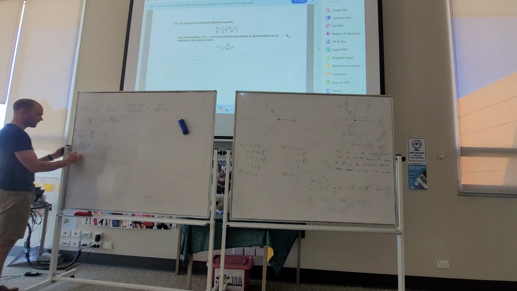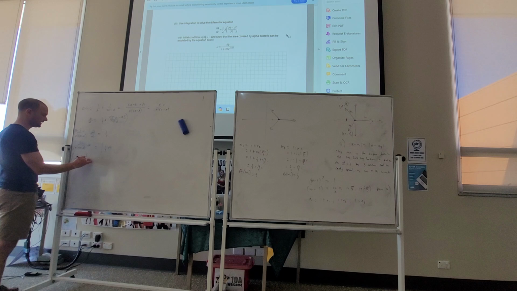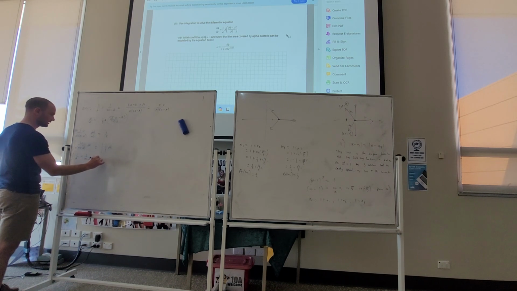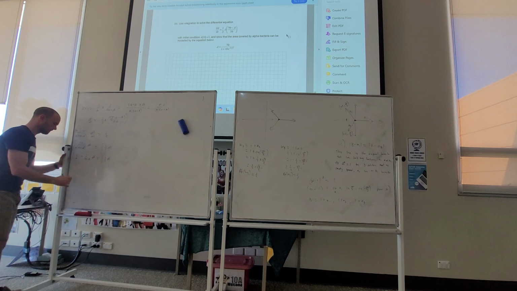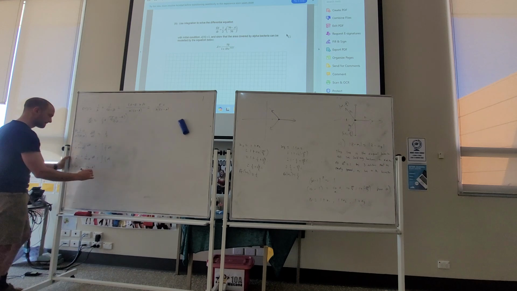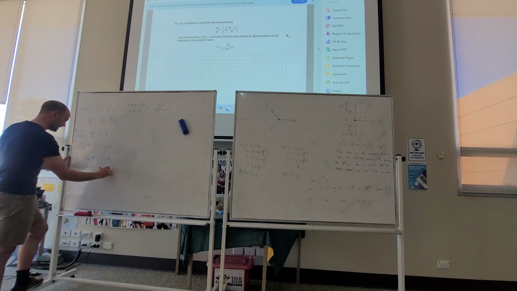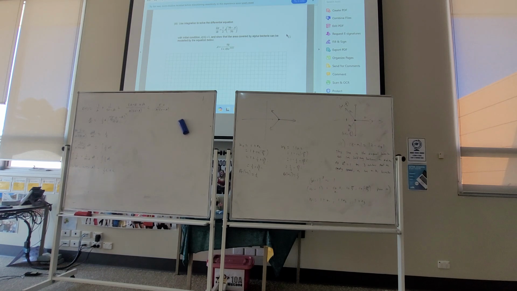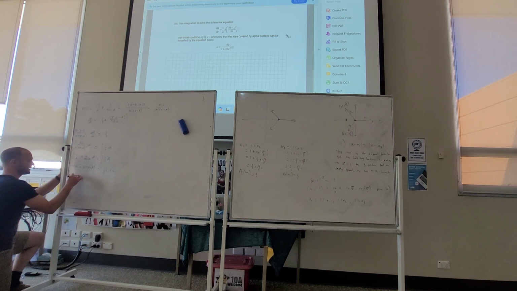Performing the substitution, we know that this is 1 on A plus 1 on 50 take A with regards to A. Alright, so that gives us ln modulus of A, take ln modulus of 50 take A, and on the right hand side we have half t plus C. So that's going to give us ln modulus A on 50 take A